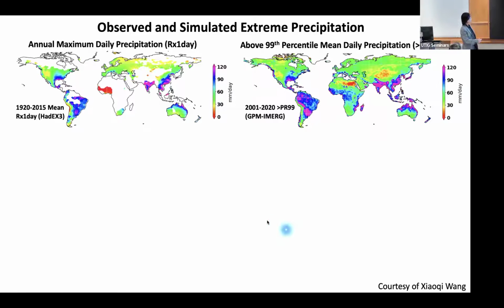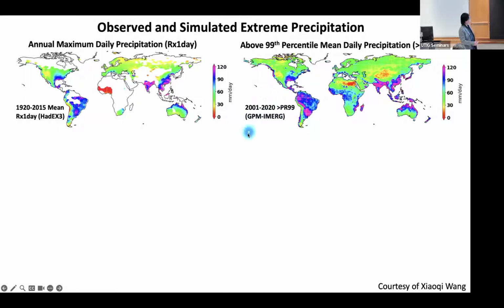So this is the global distribution of the extreme precipitation, right? You see the southeast US is one region seeing extreme precipitation, and then you see a little bit around the West Coast. And then there's the Asian monsoon region, large areas where we see very active extreme precipitation. And this is using a slightly different criterion, the 99th percentile daily mean precipitation, and using a different product.